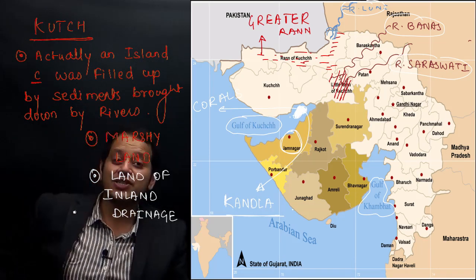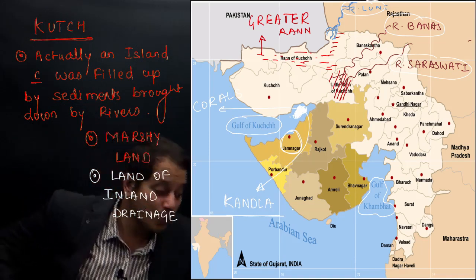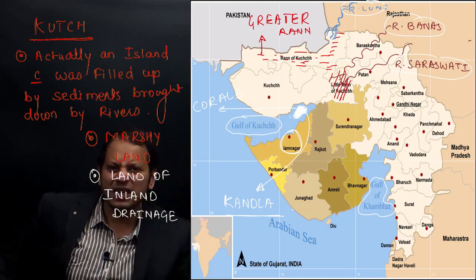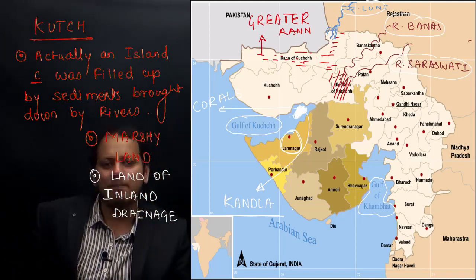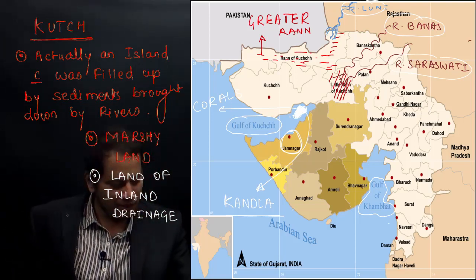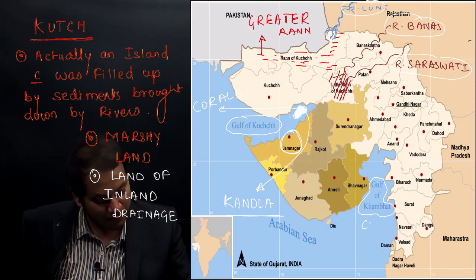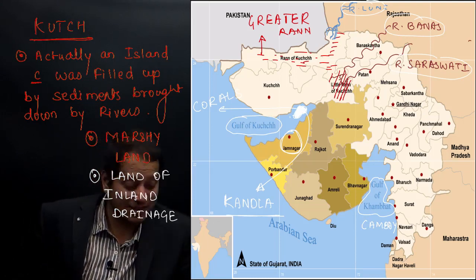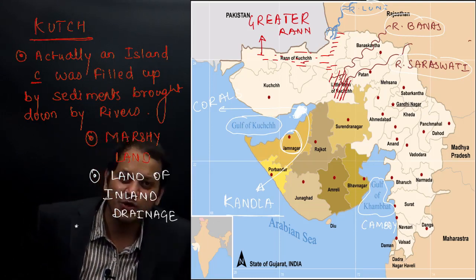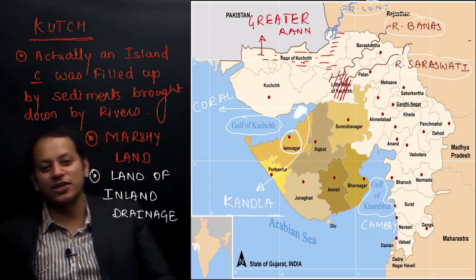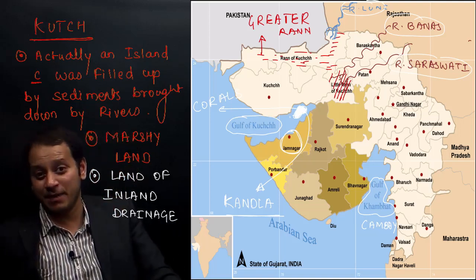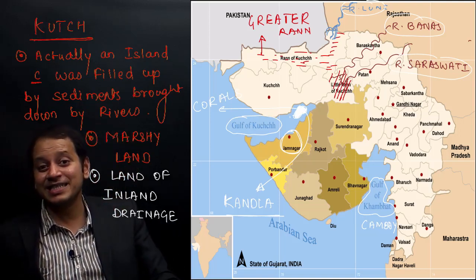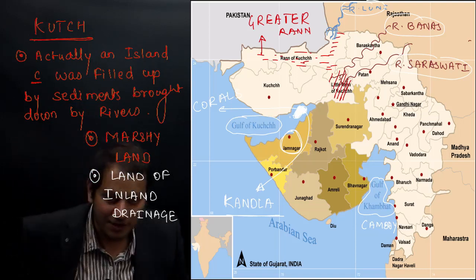Now if I ask you, Kandla is an island or port in which region? Gulf of Kutch or Gulf of Khambat or Gulf of Cambay? Gulf of Khambat is also known as Gulf of Cambay. If I ask, where is the Kandla port located? In the state of Gujarat. If they ask you specifically in the examination, in the state of Gujarat, where Gulf of Kutch or Cambay, you know it is located in the Gulf of Kutch region.